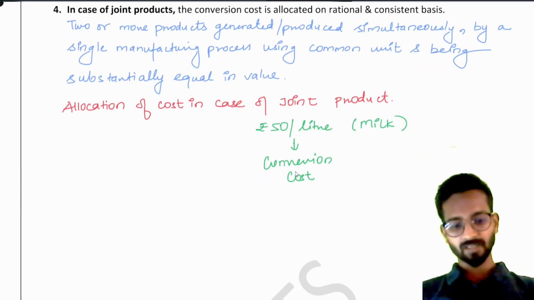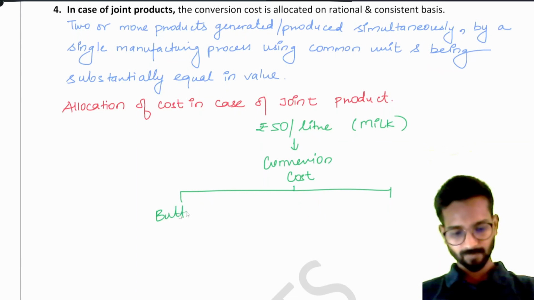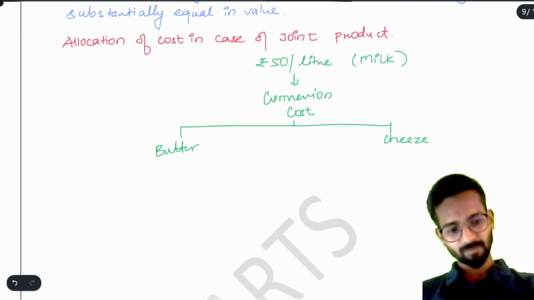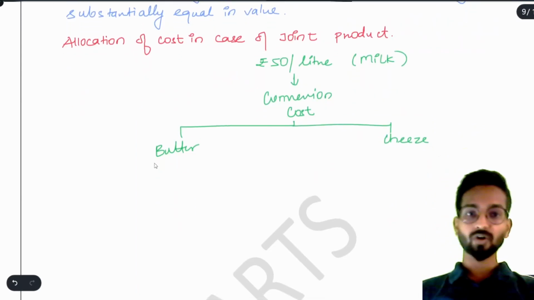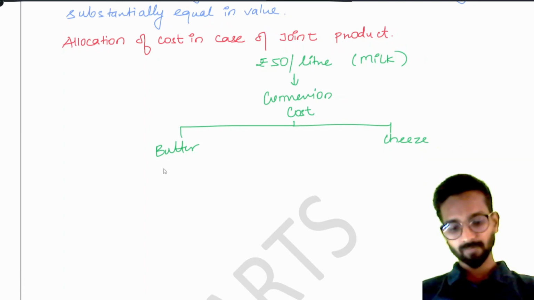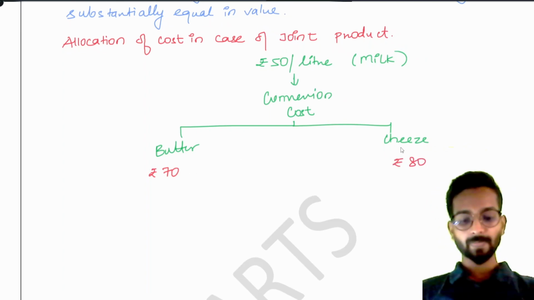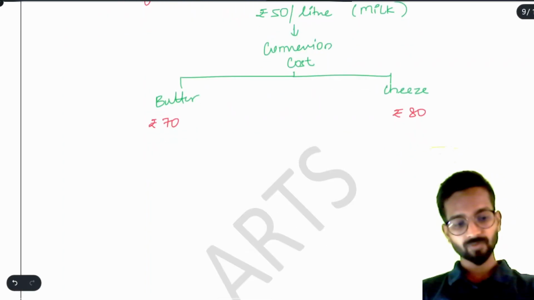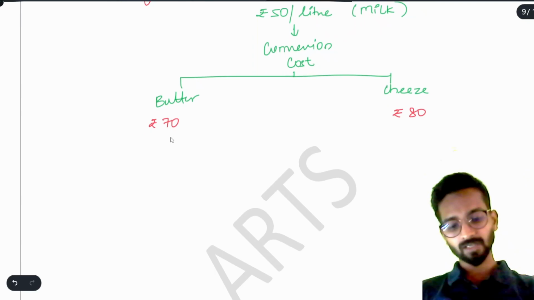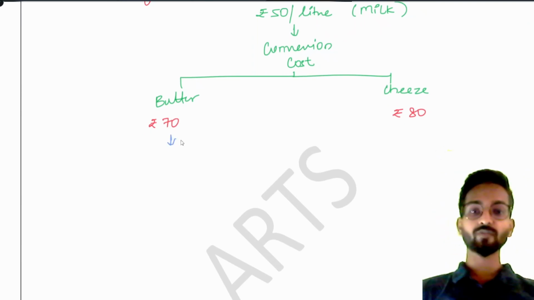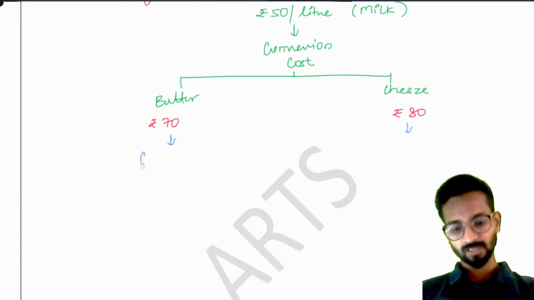When I put it in the factory conversion, then I will get two products, first is say butter, second is cheese. Okay, now butter and cheese when I am making, the realizable or you can say the market value of the butter is, let's say ₹70 and let's for cheese be ₹80. Okay, now butter is 70 rupees, cheese is 80 rupees, but if I tell you that if we take another conversion process to make it more refined, to make of a better quality, say another conversion process,